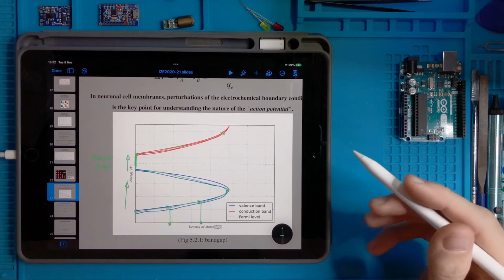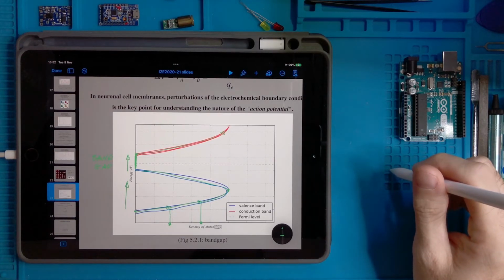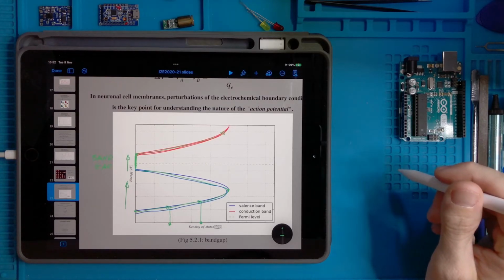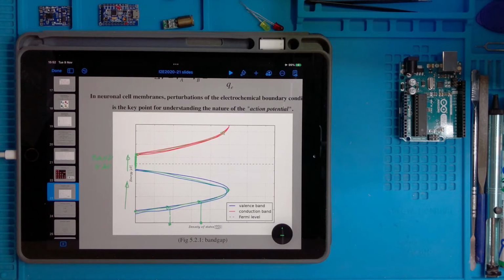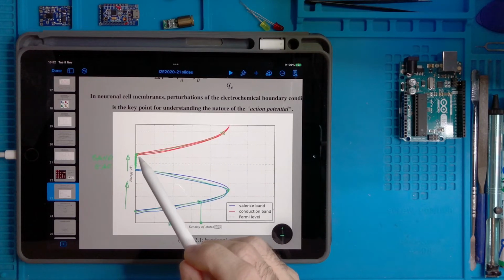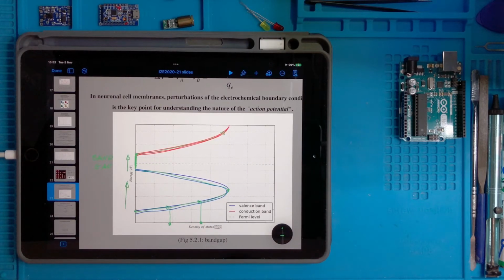So the valence band is the type of behavior that the so-called valence electrons have, which are the ones that are very close to the nucleus and are responsible for binding one nucleus to another one, and so creating the chemical bindings, molecules. The ones that are in the conduction band up here have enough energy to be detached from their original nucleus and to travel around the material from one nucleus to another one.